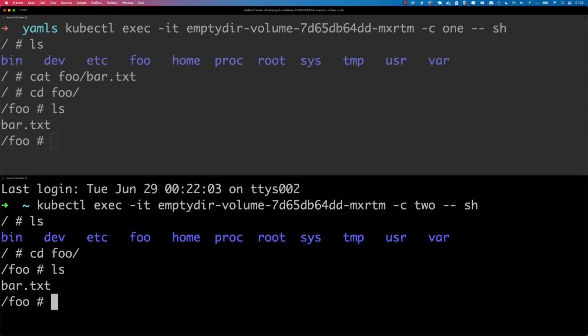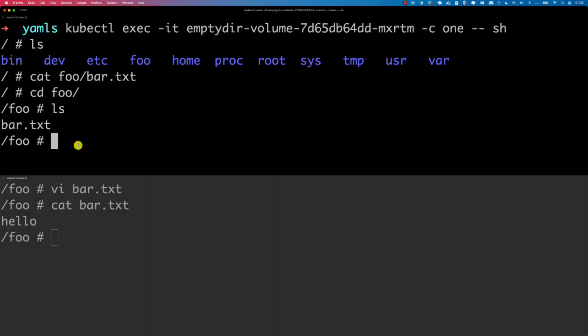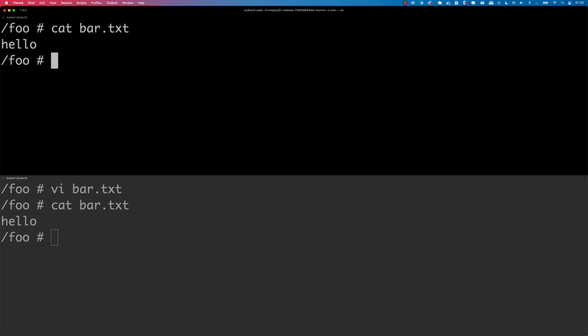Now in here, so inside of the second container, I'm going to clear the screen. I'm going to say vi and then bar.txt, and I want to say hello, and then escape out of that. So escape :wq, and then cat, and then bar.txt. There we go. So we have hello. So before it was empty, right? So when I said cat, it didn't give us anything. So here I'm going to say cat, and then bar.txt, and let me clear the screen first, enter, and you can see that we are sharing the same file